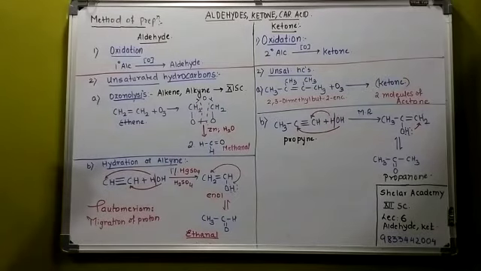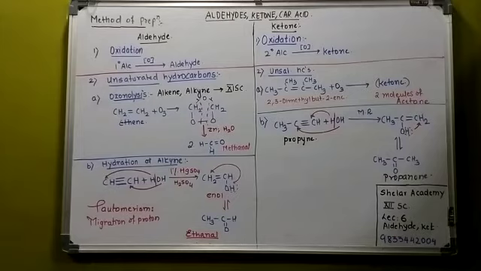Write down the reaction and see what is the name of the reactant. It is 2,3-dimethyl butene which is present. It is reacting with ozone. What will you get? You will get two molecules of acetone. Do write the reaction and see. We have done this method in 11th standard.